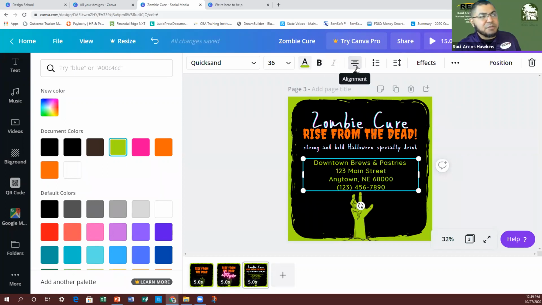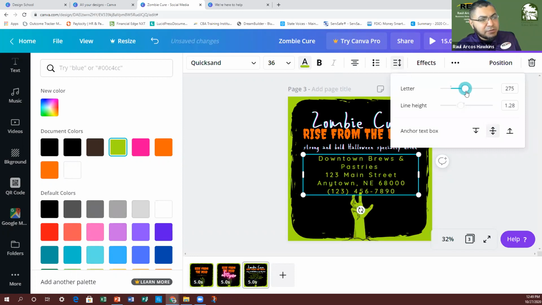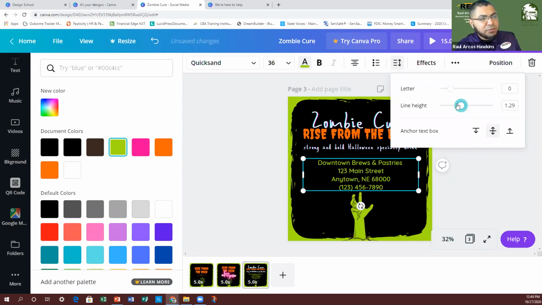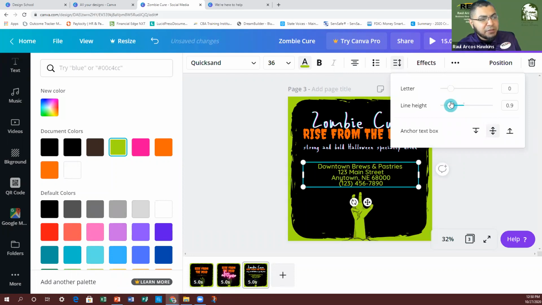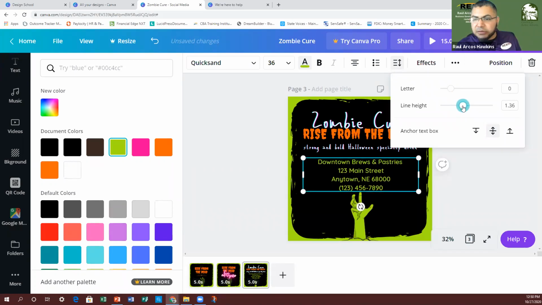You do have the alignment where you can make it centered, you can make it off to the right, off to the left, or you can make it fit into a paragraph. If you want to make a list, my other favorite is the spacing, because you can do the letter spacing, so it will go all the way across, or you can do the line spacing. Say you want to make it, say, okay, I need more room to add more, you can make it go up, you can make it go down, or if you want more spacing, you can